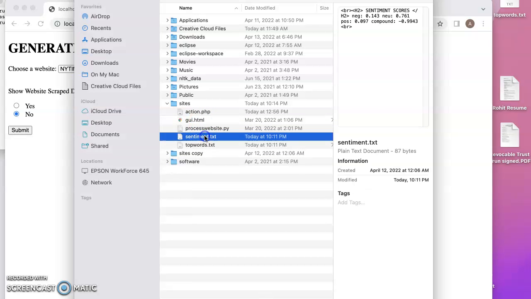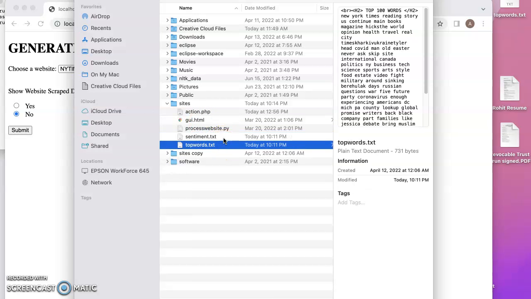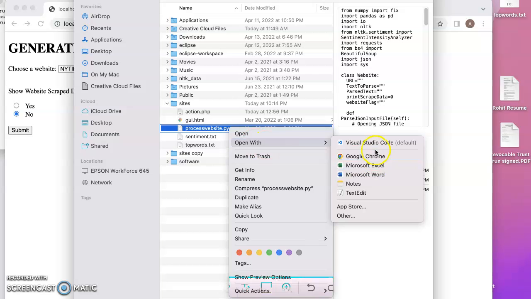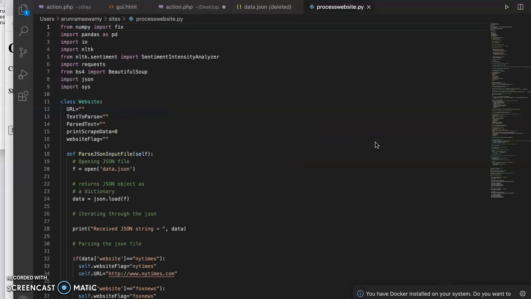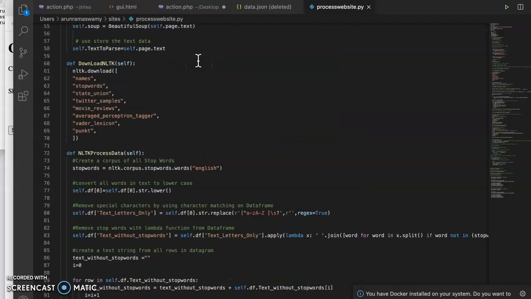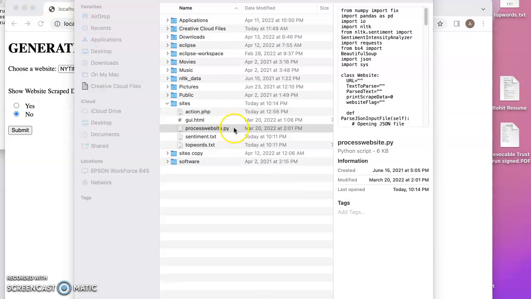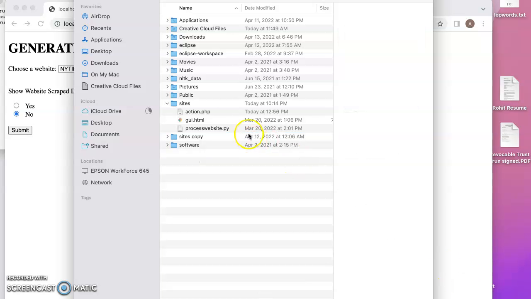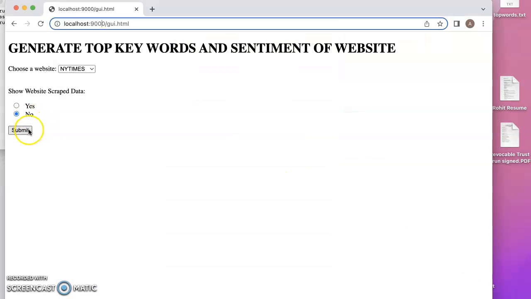I also do not need these two text files, which were created by the processwebsite.py. This is basically the algorithm behind the website. So this py file creates two text files, and these are not necessary to run the code as well, so I'm going to go ahead and delete them for this demonstration. And if I press submit,